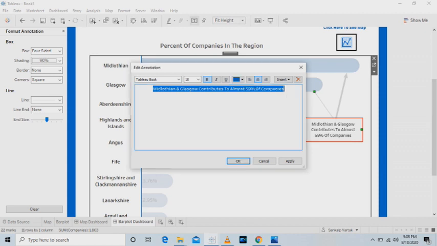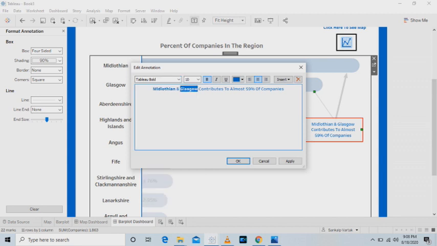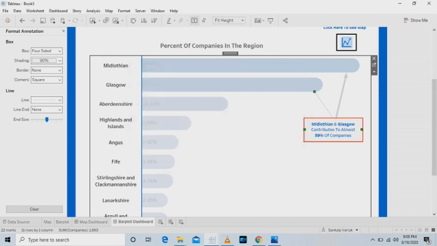Okay, give the color 0065BF, make them bold, and for important points like Midlothian, Glasgow and 59%, give the font Tableau Bold so that they can be highlighted. Click on apply and OK.